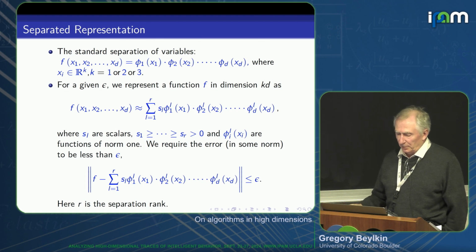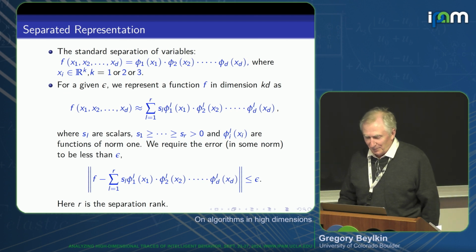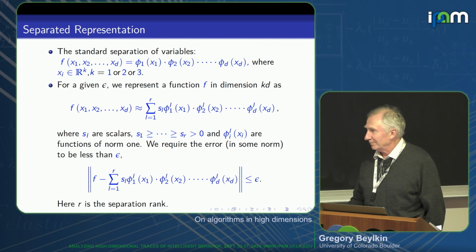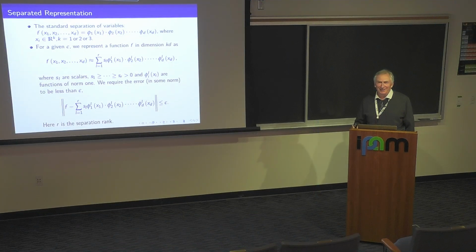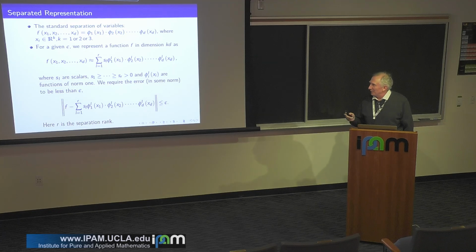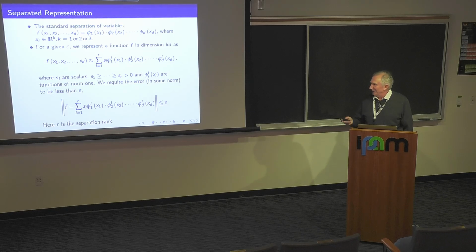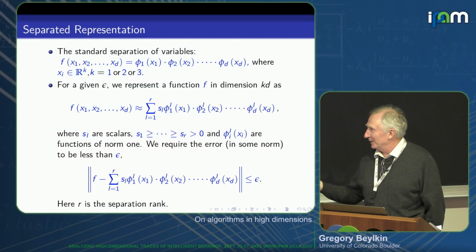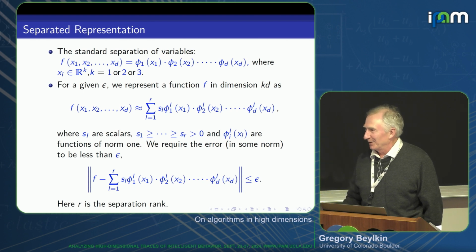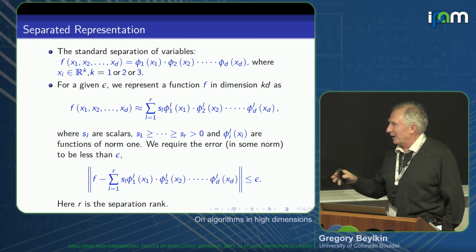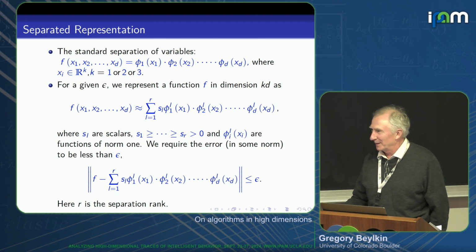And then you look to approximate a function by a sum of products. Now, I'm already cheating. Can you see where I cheated? Well, I just told you that I cannot have a function of, say, 100 variables. I can write a list, but I cannot put it in a computer. And in the estimate, I'm subtracting it. So I'll explain what will happen, so this will not be a problem, okay?